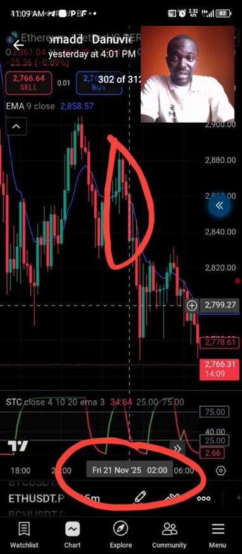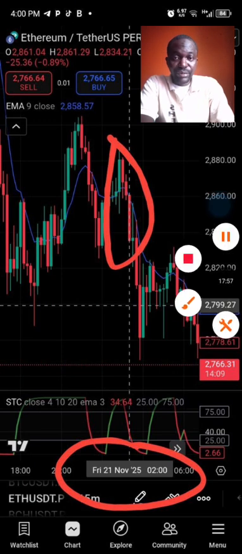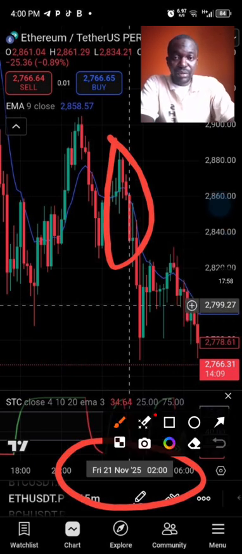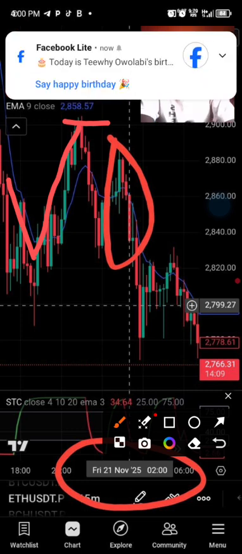Okay, so this is Ethereum. As you can see, prices are coming down. Then we have a shift to the upside, but we found a resistance level. You remember in our past video we talked about the support level. Support level was lower prices. Now we're looking at the resistance level, which is higher prices.